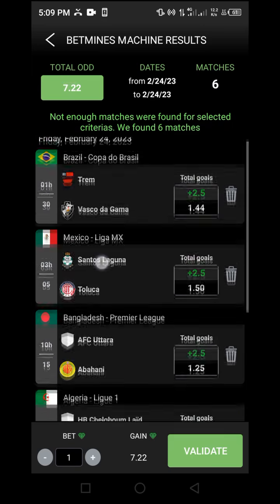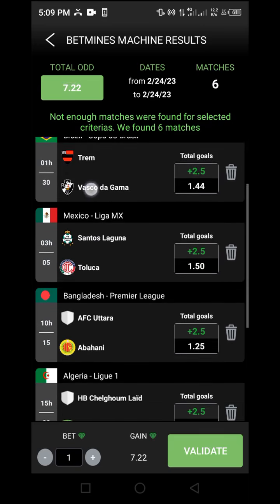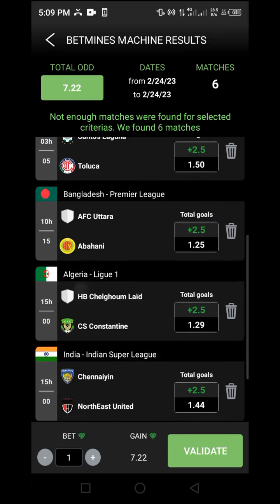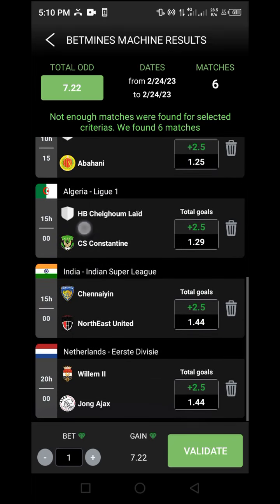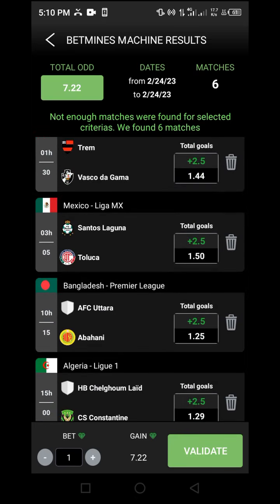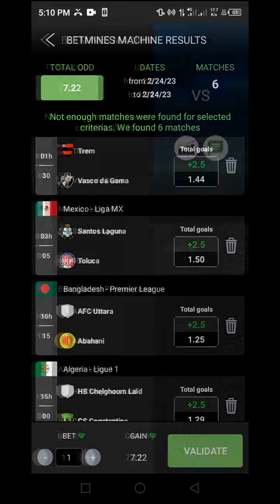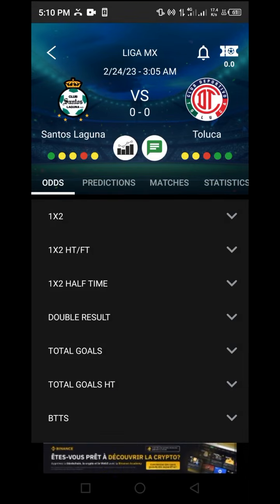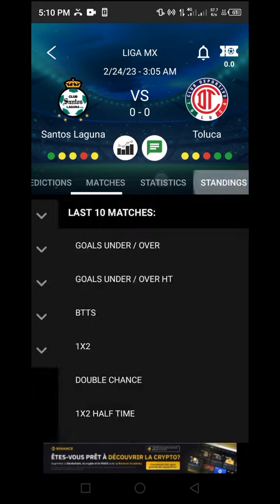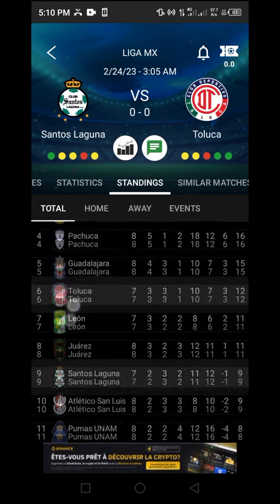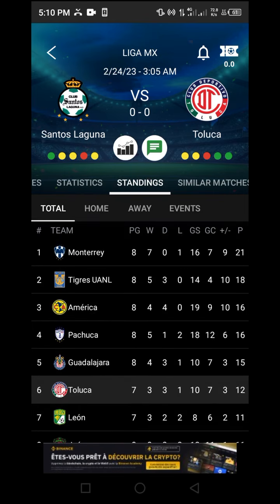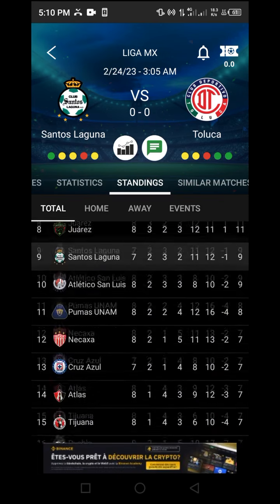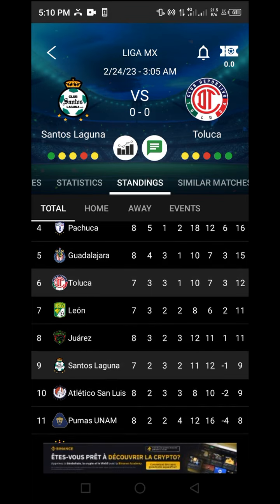I will repeat the same process by making sure that I click on each of the matches to check on the standings and also the most recent performance. As in the case here, as an example, in the Mexico Liga MX, I'll click on it and I'll go to the inside details. Once it loads, I want to check the standings by coming to the standing table. Click on the standing table and you are going to see these games on the standings. Read the number of matches they have played, and the wins, the draws, the losses, goals scored, goals conceded, and you are going to know if they actually perform great by the way they score and by